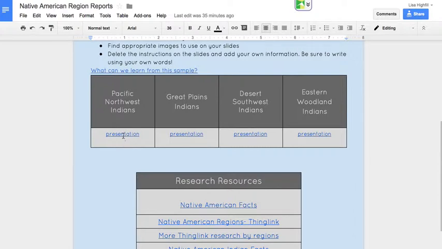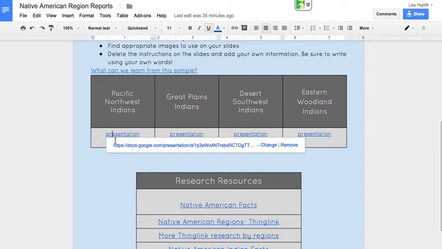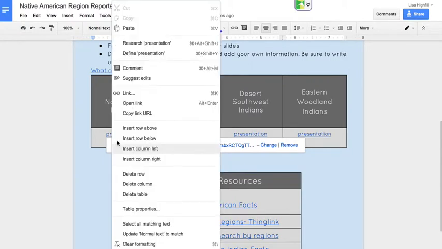The other thing you have to be sure you do when you create these 4 copies of the presentation, make sure when you change the share settings that you leave it to anyone with a link can edit, so that each of the kids, when they click on the link, if you click here, it'll take you to the specific,